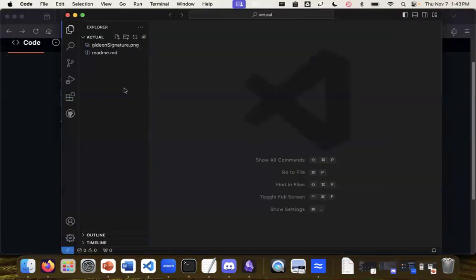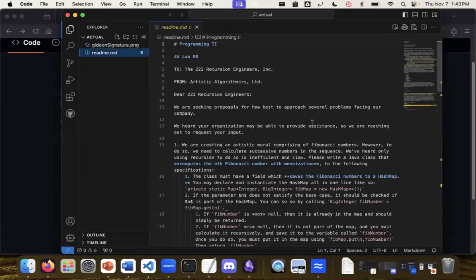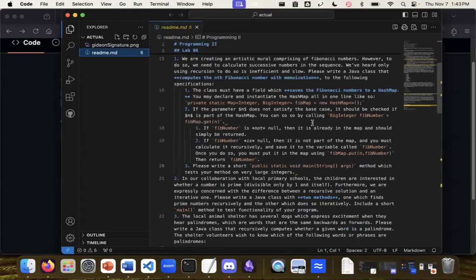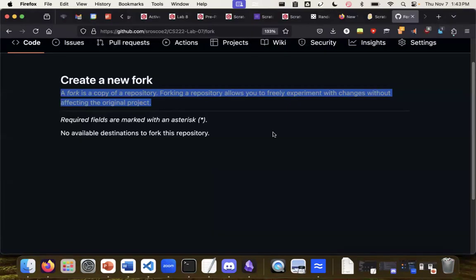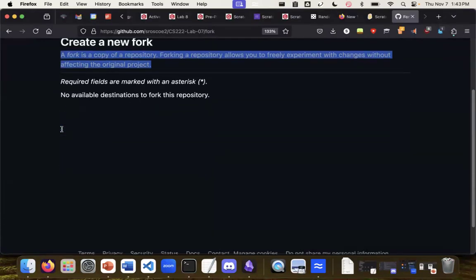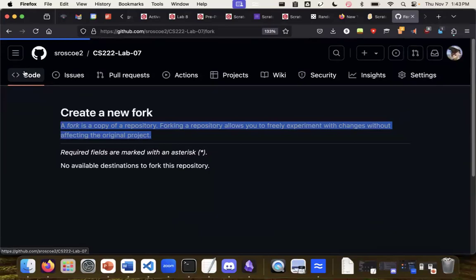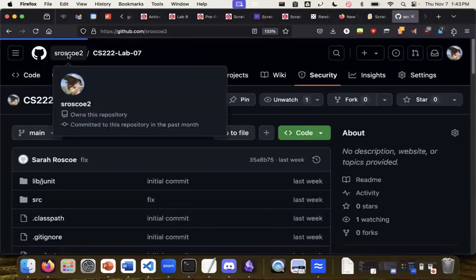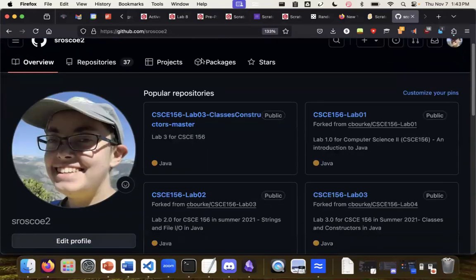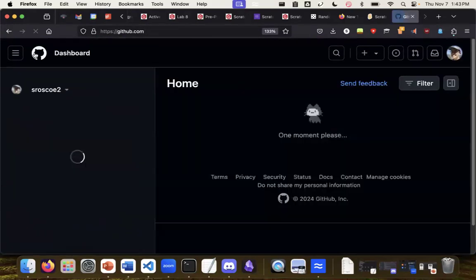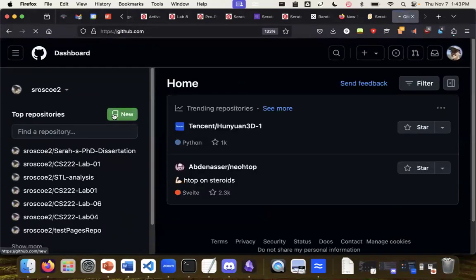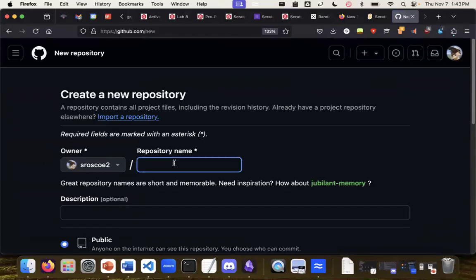Okay, so I haven't uploaded lab 8 yet because I'm figuring I'm going to walk you through it and then you'll see how it works. So I've got this README that is lab 8. And so I'm going to not create a new fork. Let's just go here and how do I do this? There we go. New. My repository name,